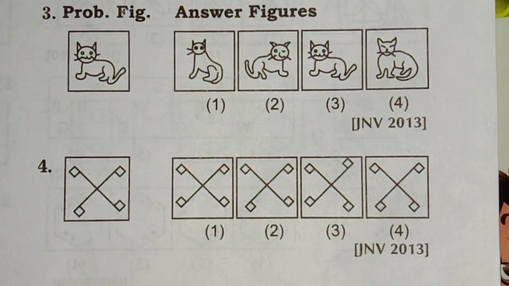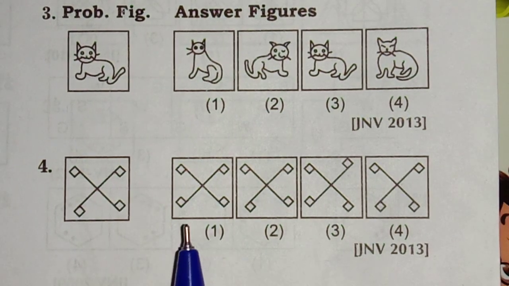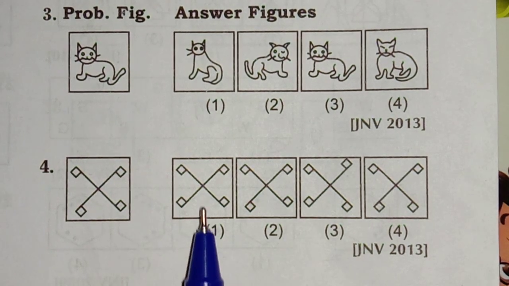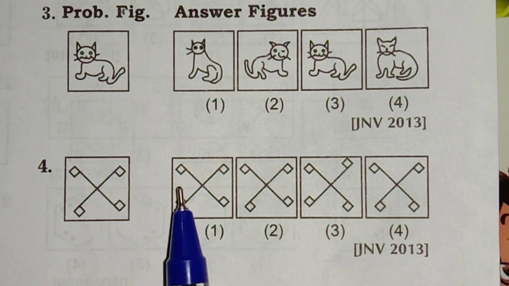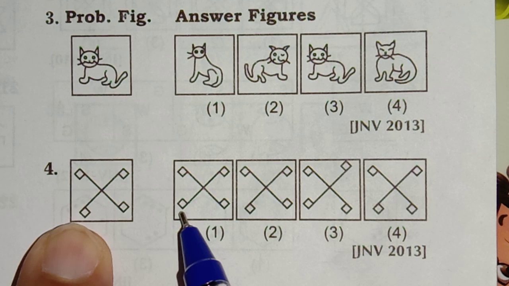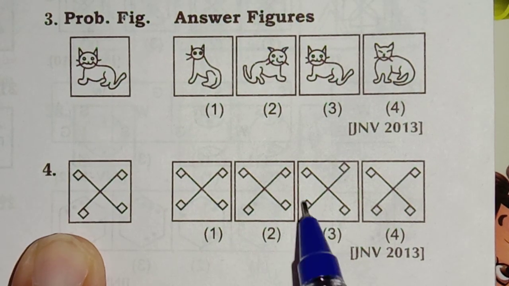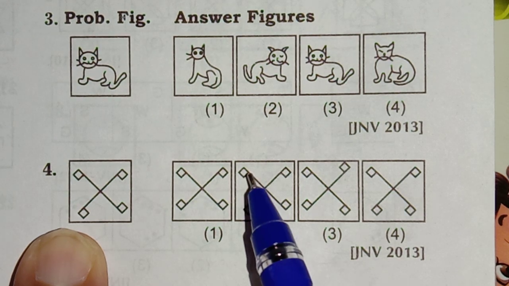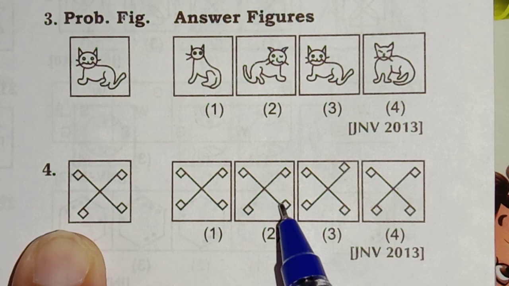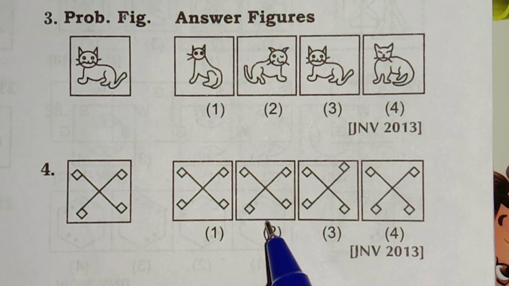Okay students, let's move to the question number 4th one. See here, which looks similar. So when you see that first one, it's looking similar, but here you can see that this direction is in the opposite direction here. So leave this first one, come to the second one. So here you can see that this and this is same, and this and this is same. This shape is also same, and this is also same. So second one is the right answer.